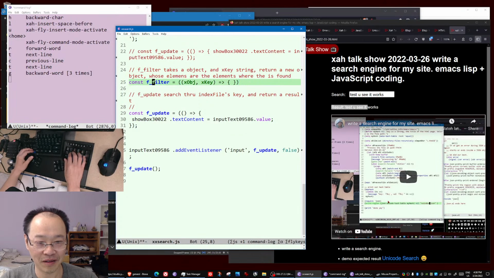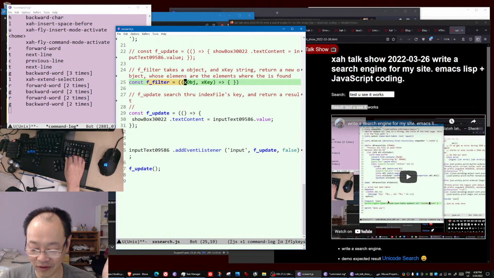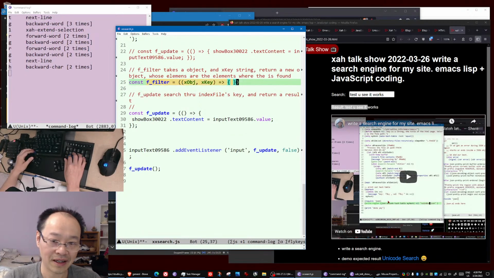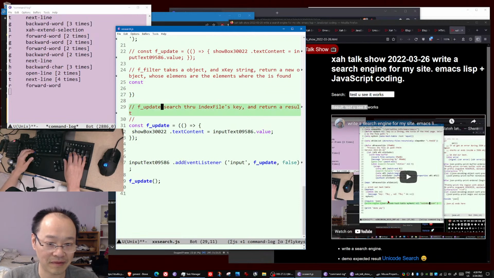So this filter will take an object and a key, search through all the keys in the object, and return a new object. Okay, got a lot to write. So update with